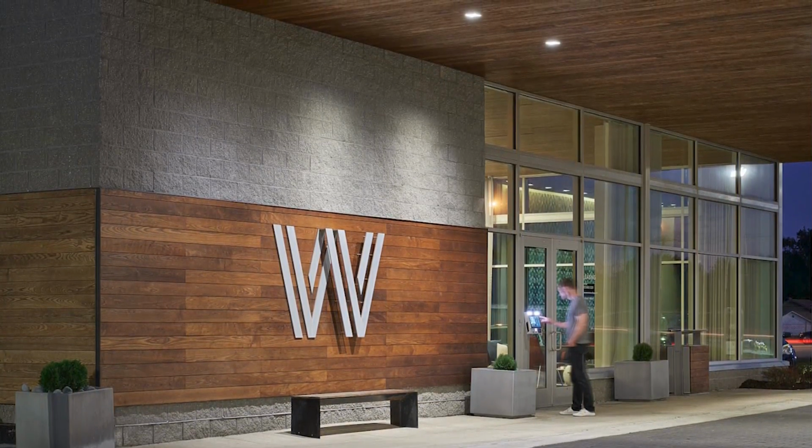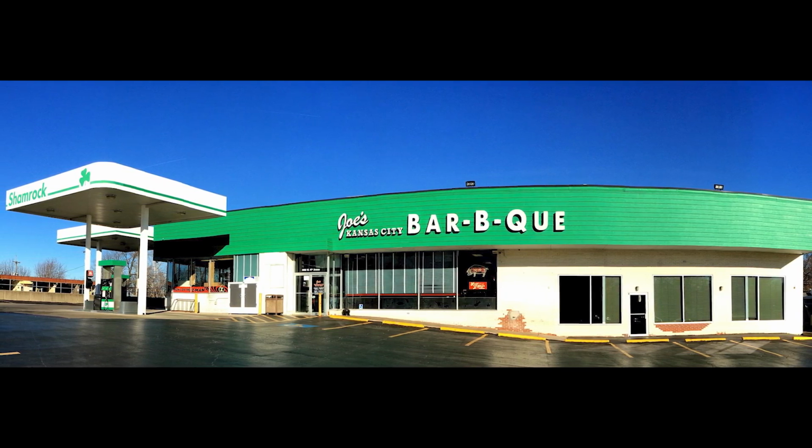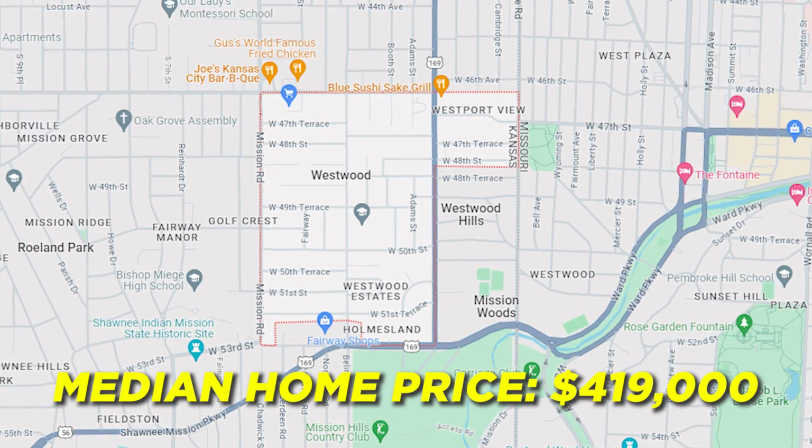but it's also where Woodside is located, which is this premier fitness club. And then you have the original Joe's KC in the gas station on the west side of Westwood. Now, inventory here is pretty sparse and the median home price is $419,000, but if you're looking for something that has the best of both worlds with some walkability, close access to downtown and the Plaza, but still has the perks and amenities of living in the suburbs, well then Westwood is definitely a place you're going to want to